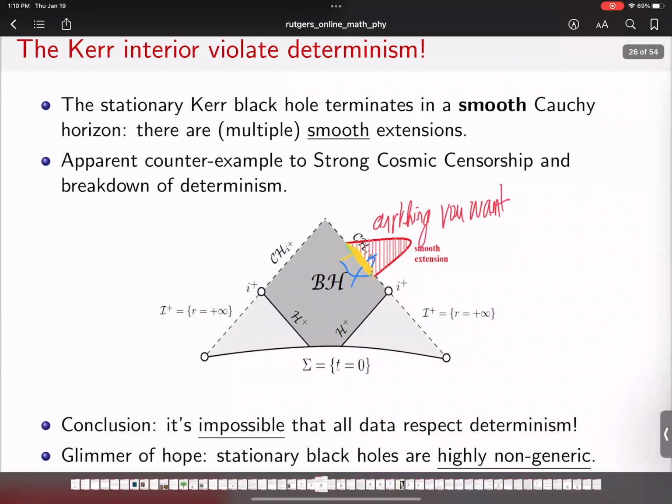Can I ask a potentially not smart question? Is CH plus defined as kind of like infinity, but from the inside of the black hole? Yeah, so I wouldn't like to call it infinity, but if you want, it is the boundary